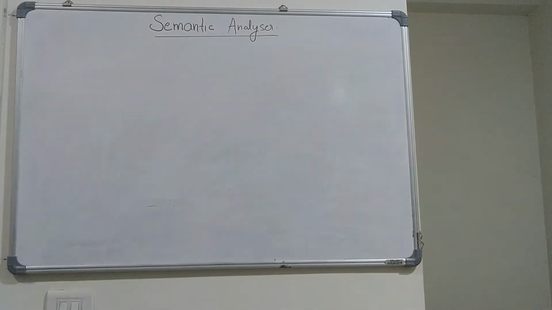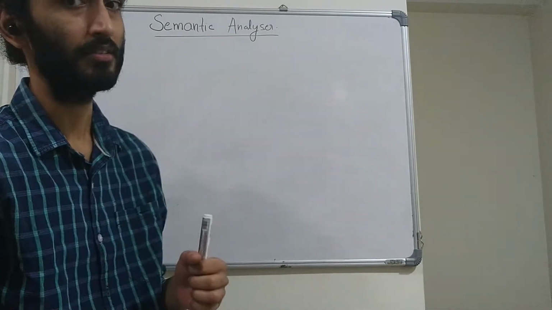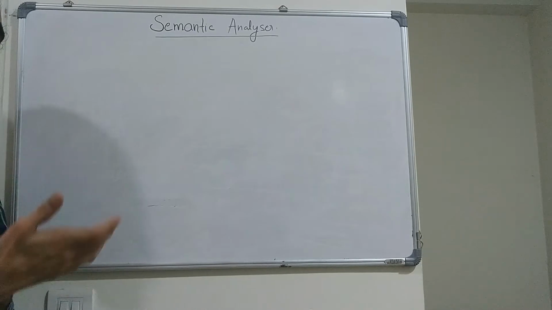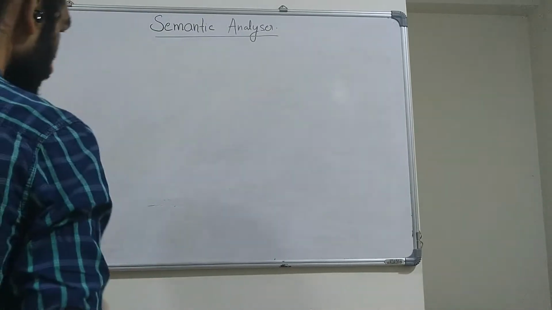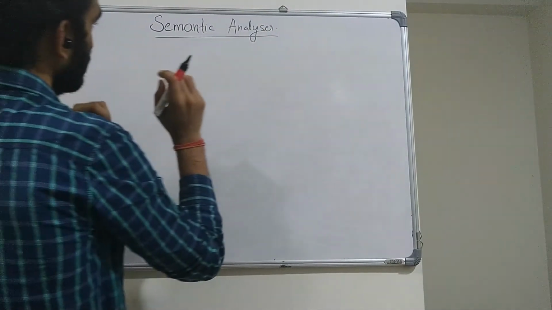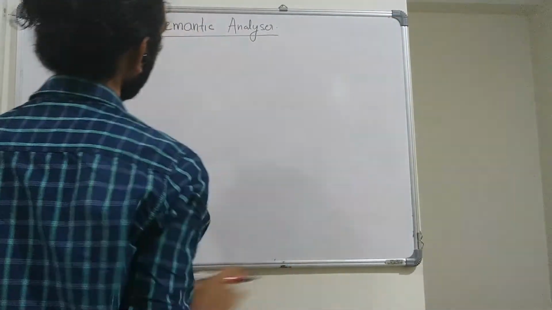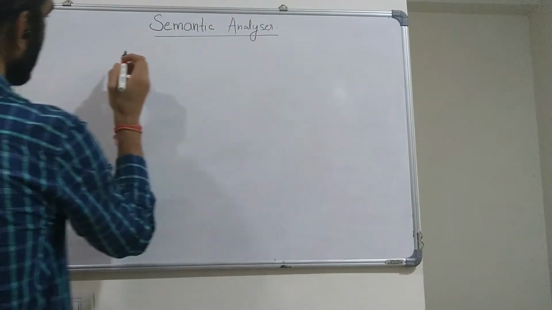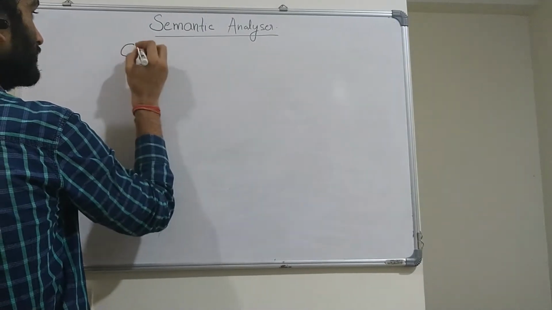As we know, for verifying the syntax, the syntax analyzer uses different kinds of parsers, like top-down parsers and bottom-up parsers, and finally we end up using the LR1 parser, which is the most powerful of all. For verifying the syntax of the grammar, we are using LR parsers. And as we know, LR parsers, the bottom-up parsers, use CFGs.